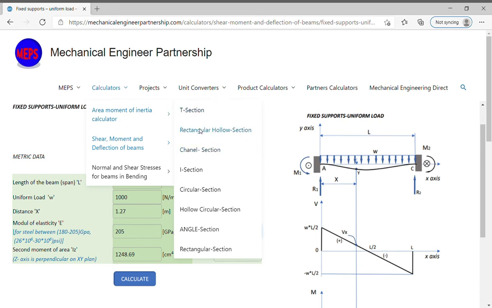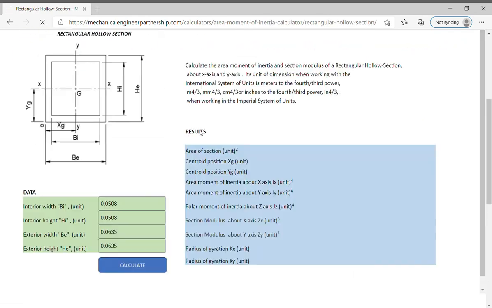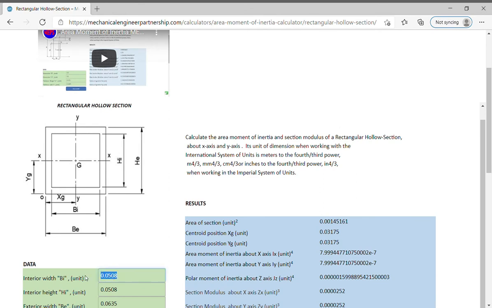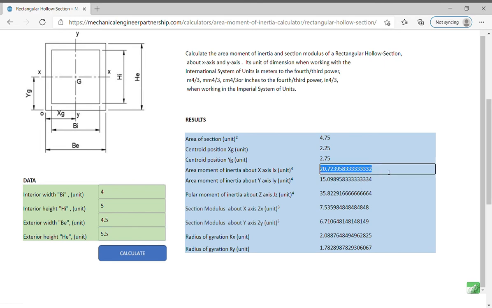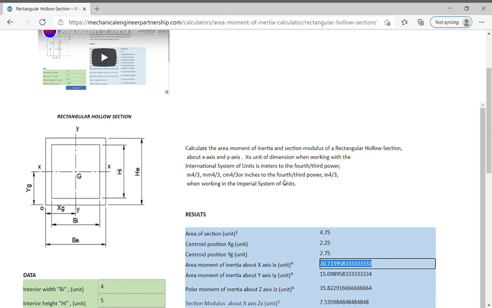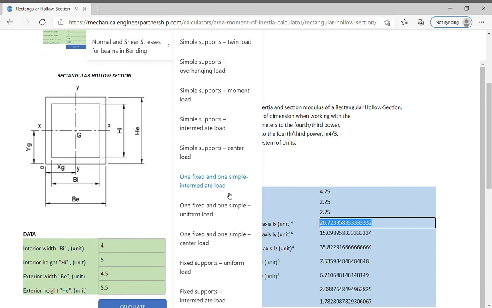for example a hollow rectangular section. Choose the dimensions of the rectangular beam: interior width 4 inches, interior height 5 inches, exterior width 4.5 inches, exterior height 5.5 inches. Calculate, choose area moment of inertia about the x-axis, in this specific case, copy the value and return to the fixed supports uniform load, shear moment, and deflection of beam calculator, paste the